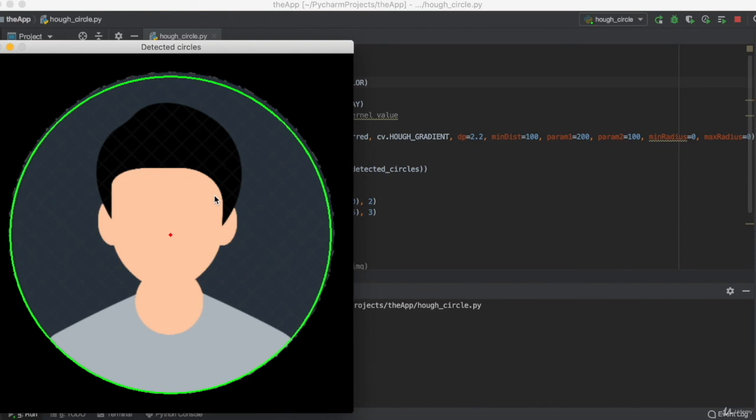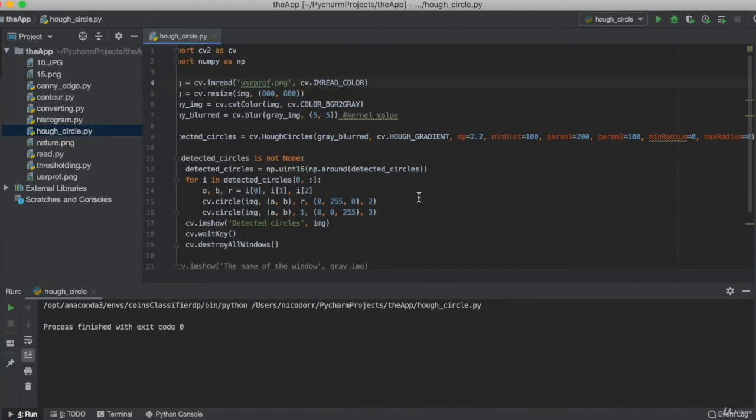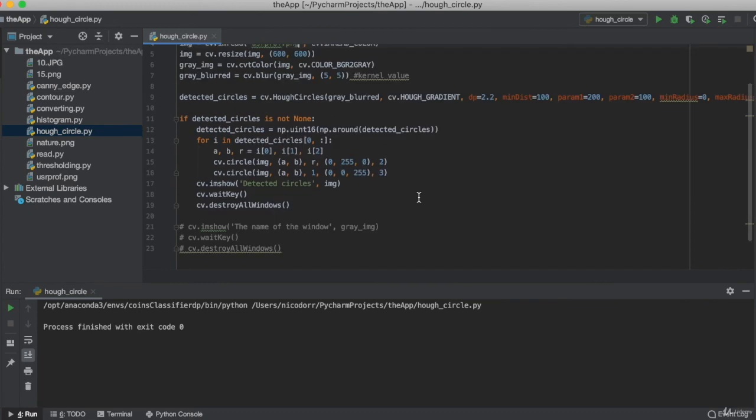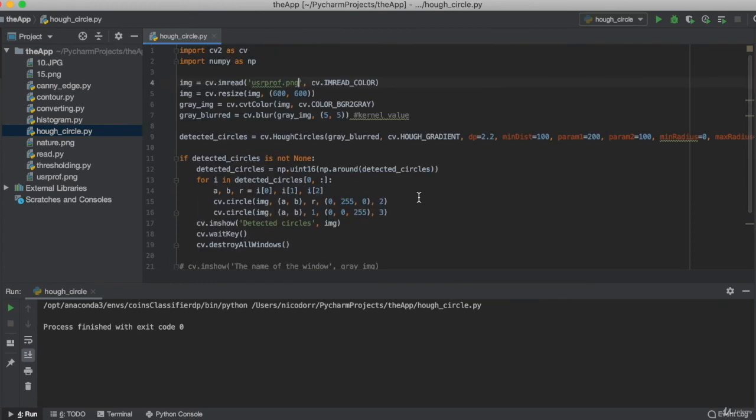Yeah, it's a joke. Okay, so I hope you understand how the Hough transform algorithm, or Hough circle, works and how we can use it. So see you in the next